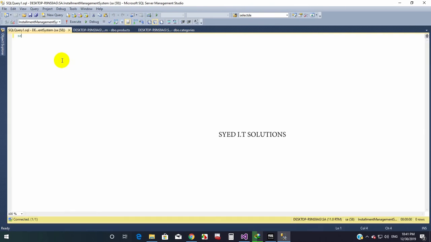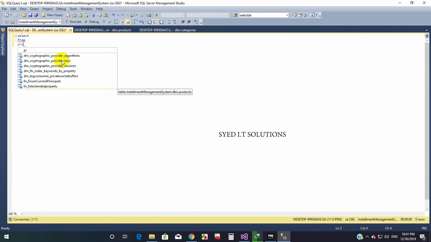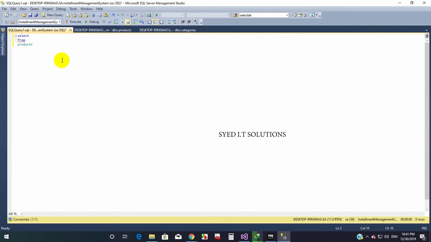Here is my syntax, as you see: first select, then from, my table A is the product, and I am going to name it P. Let's say P is a short name of my product table.